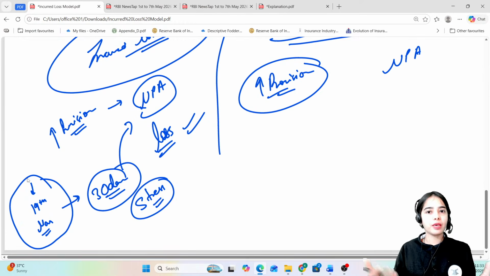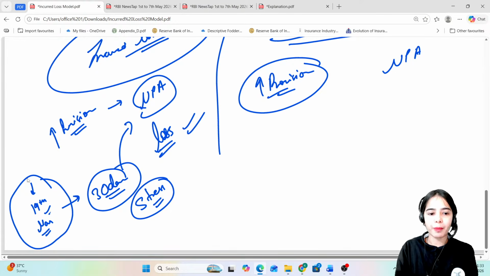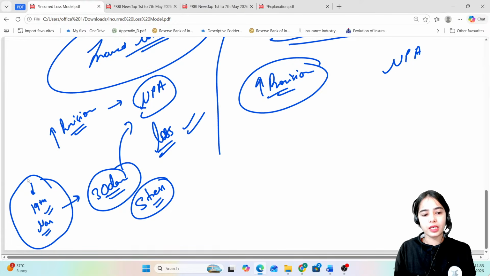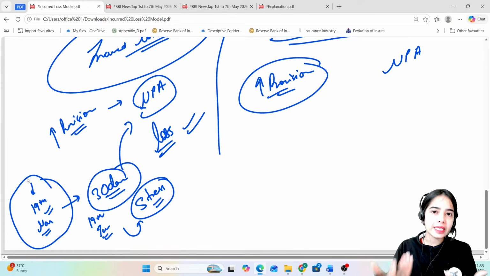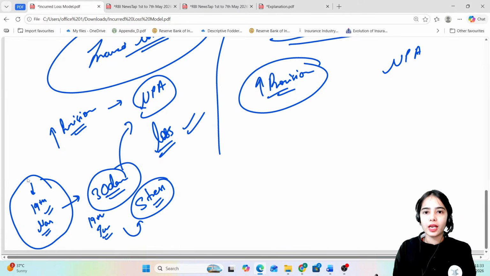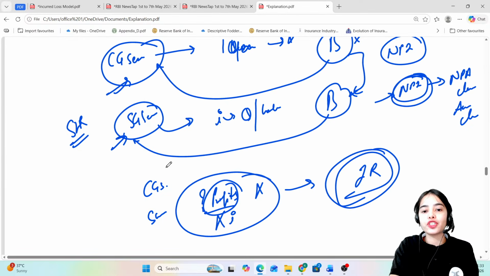But this loan will be under stress because the payment has not happened for 30 days. So yes, there might be some stress, because why are the payments not happening regularly? The payment should have happened on 19th of May, but 19th of June has come and the payment has still not happened. So the bank has already seen that yes, there is stress in the loan, but still the bank is not taking any step, is not maintaining any additional provisions.